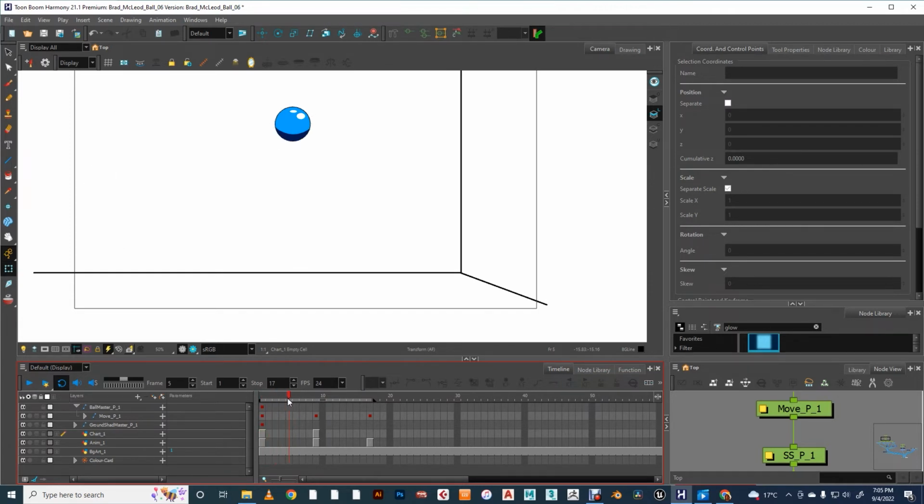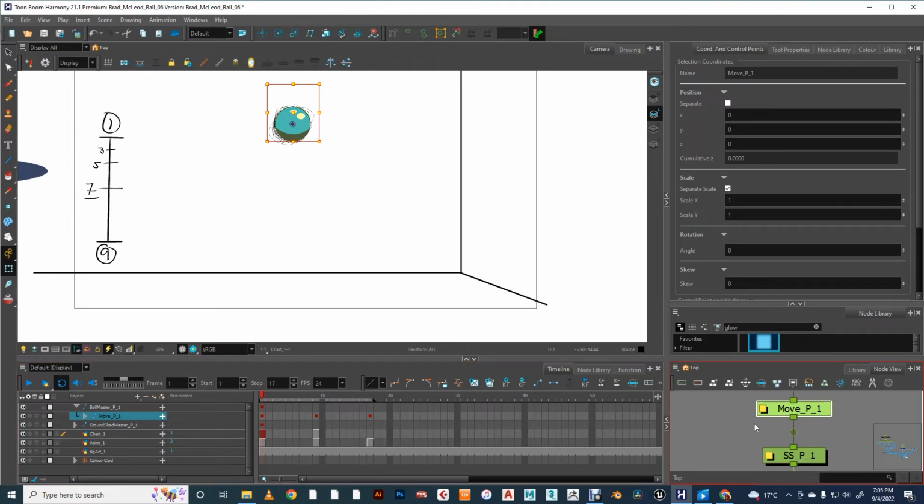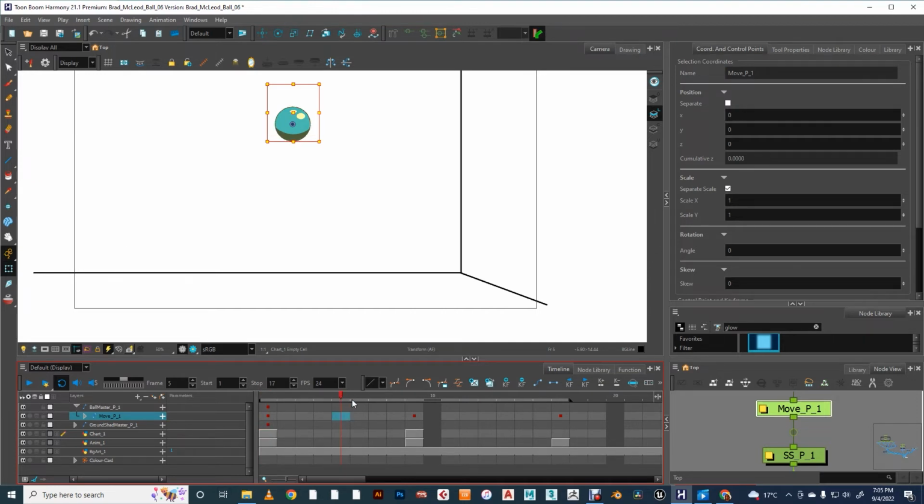Okay, so now let's start in-betweening, because we don't really need any breakdowns here. We could just do straight in-betweens to cushion nicely into our poses. I'm going to introduce you to a handy trick called the click and drag method. I'm just going to zoom in on the timeline here. This allows you to do